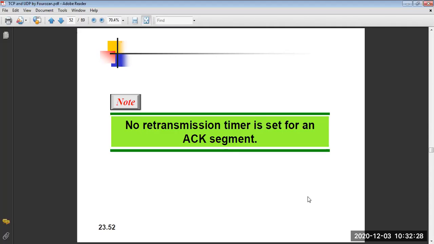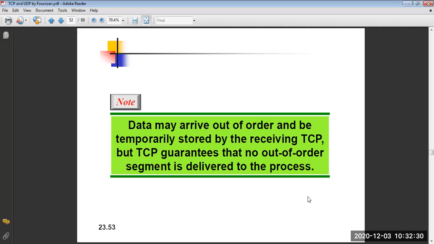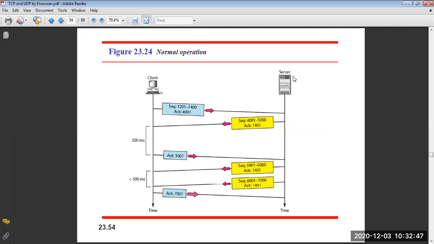So no transmission timer is set for an acknowledgement segment. So data may arrive out of order, temporarily stored by the receiving TCP, and TCP guarantees that no out of order segment is delivered to the process. Clear? Now